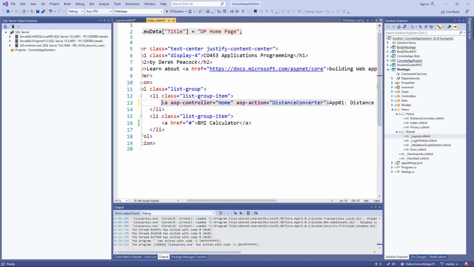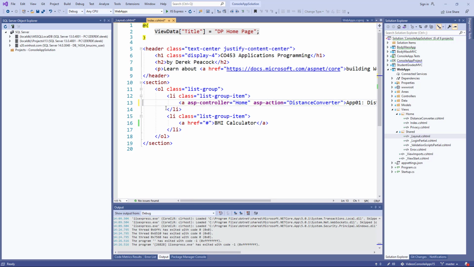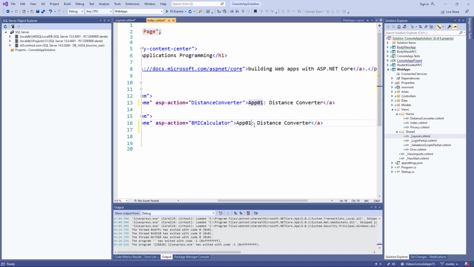And we copy that link. We can make this one the BMI calculator, which doesn't exist yet, never mind. So that's going to be APO2. Okay, so there's our links